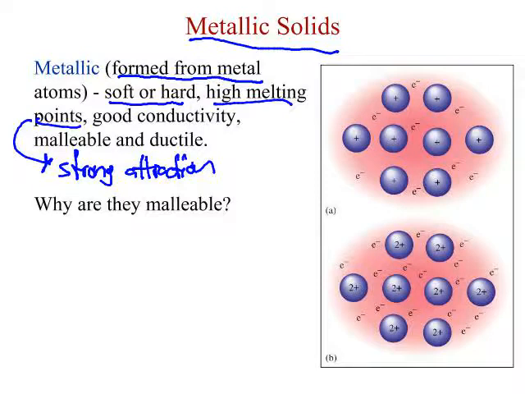Now, let's think about why that is, because we haven't really talked about metallic bonding that much, but you guys did last year. Take a look here at this diagram on the right. This is a picture of a metal, and let's pretend this is sodium metal. If we think about each of the sodium metal atoms, these have got one valence electron. If we look at a sample of metal atoms, really what happens, because the valence electrons are very loosely held,